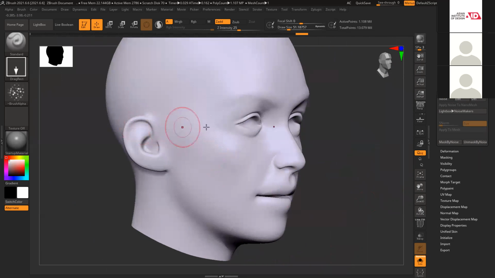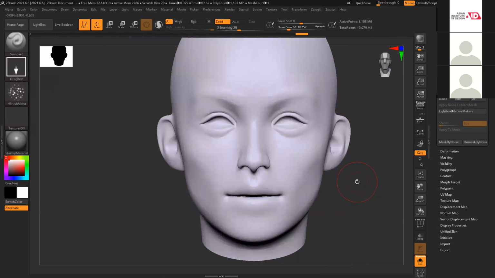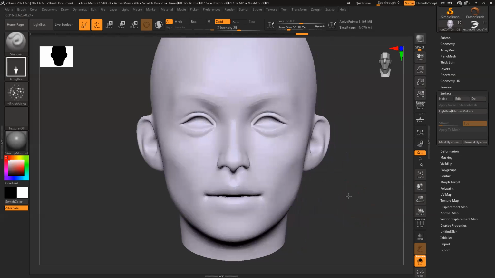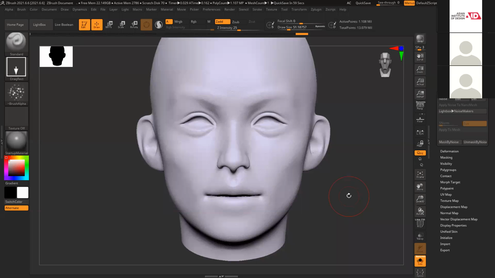When you bake it to low poly, that time also it will reduce some amount of detail. We lose some amount of detail while baking. That's why we keep it a little stronger.